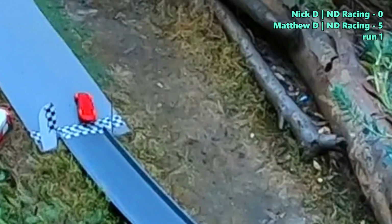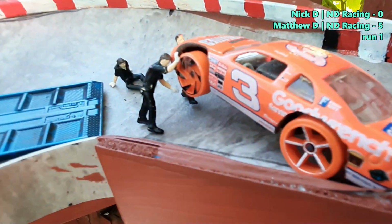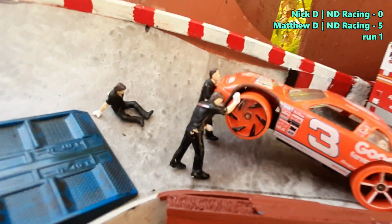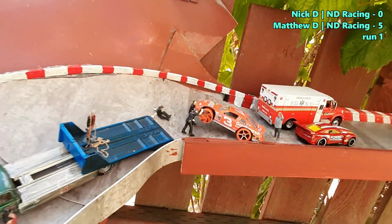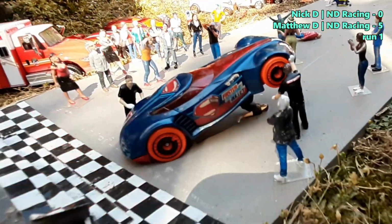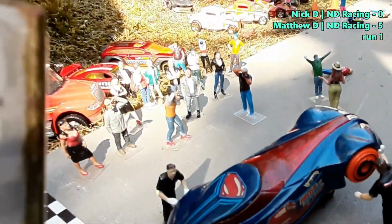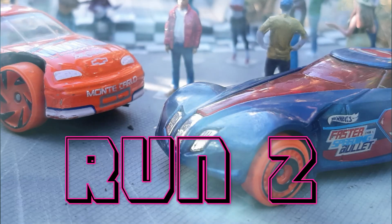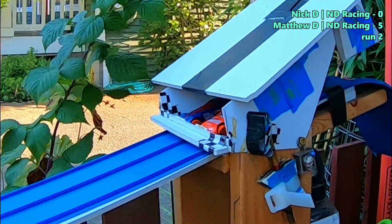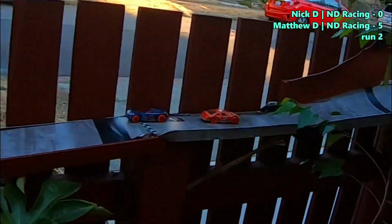Then we'll head back up into the start gate here, where we're going to see Nick on the inside this time. We'll see Matthew in the blue Superman vehicle on the outside. Looks like someone's passed out on the track down there. I'm sure they're fine. Yep, alright, run number 2. And Nick takes... Oh,